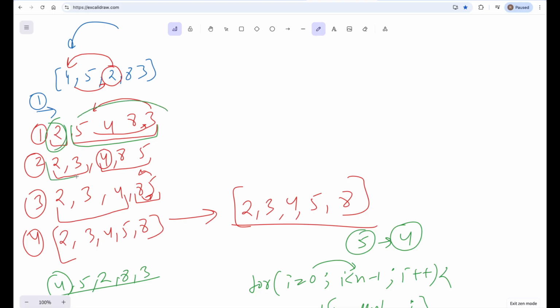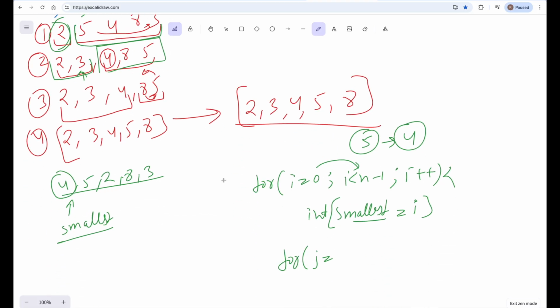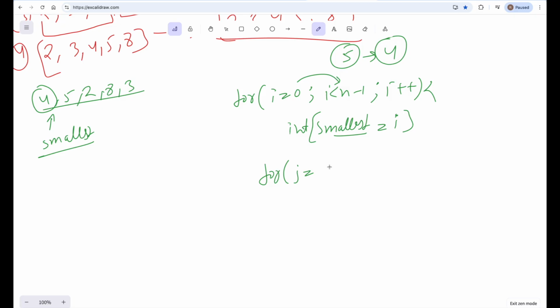If this part of the array is already sorted and your pointer i is at this location, then you only need to compare i with the remaining part. So j will be equal to i plus 1, because we need to take the i plus 1 element. If this is your i, then this will be your i plus 1. So j equals i plus 1, and then you traverse till j is less than n.